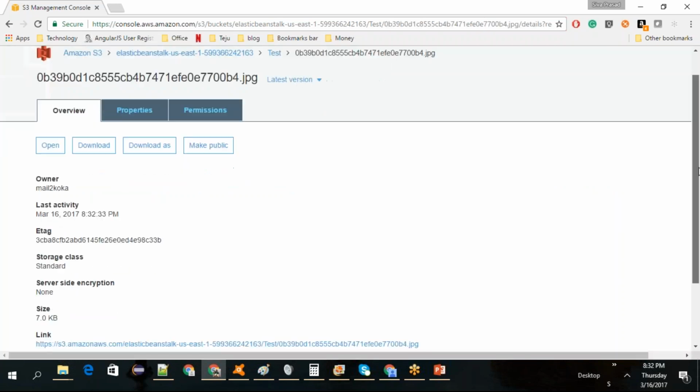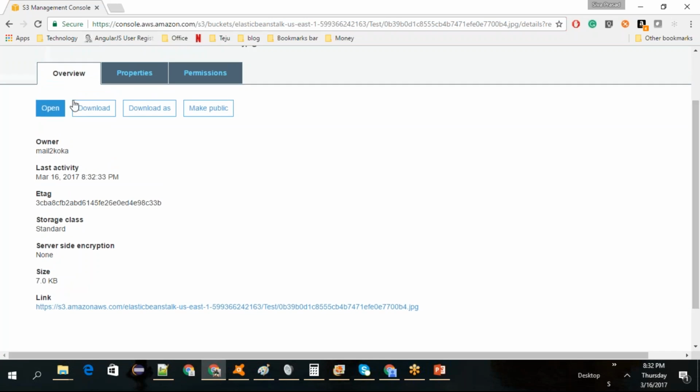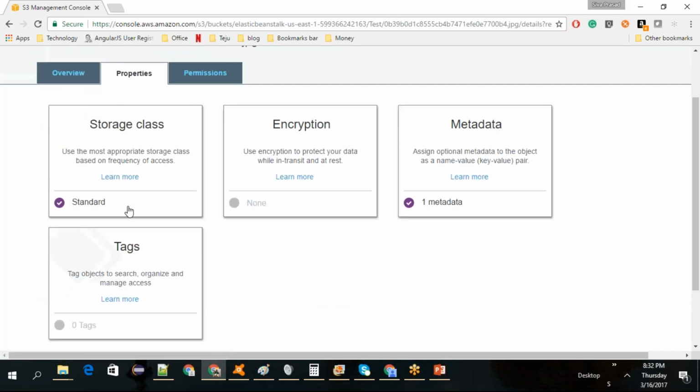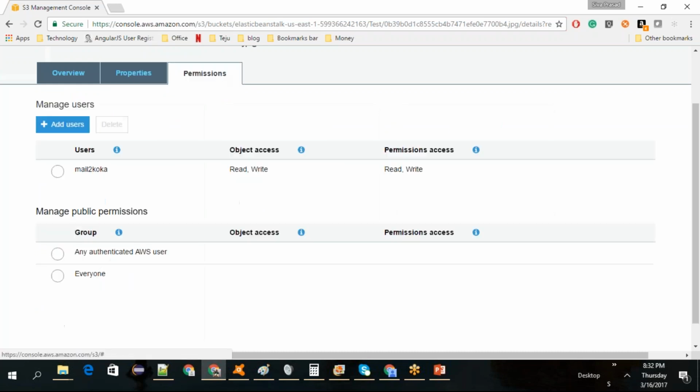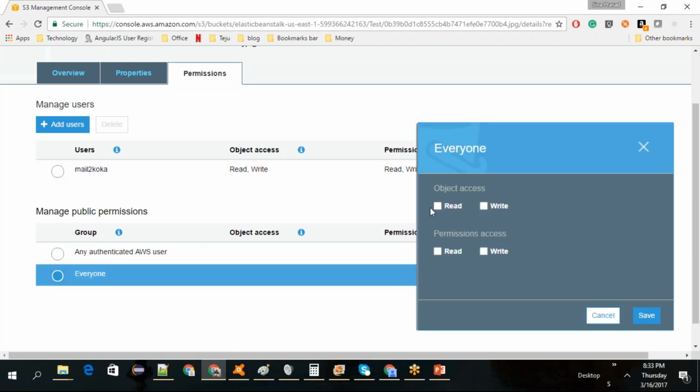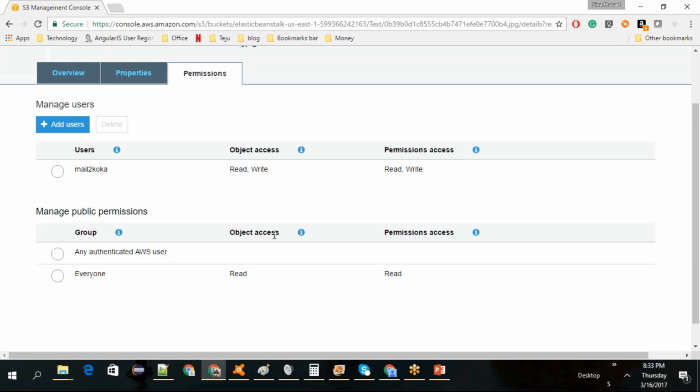Now I can define the permissions. Properties. Use the most appropriate storage based on encryption. Is there any encryption logic you want? You want to create any tags for that? You want to create any metadata? And permissions. You want to give permissions to only my email address, or you want to give everyone? Then I'll say I will give access to everyone. Okay, so save. This is the basic thing. You give or provide all the permissions to everyone, right? So then